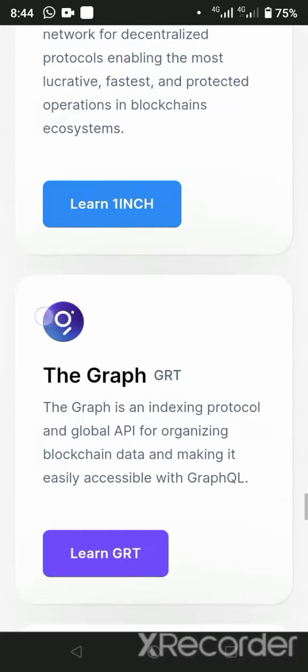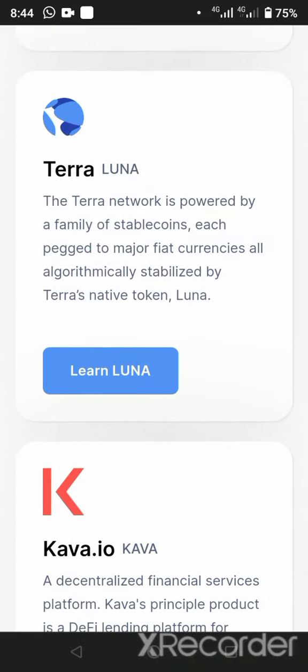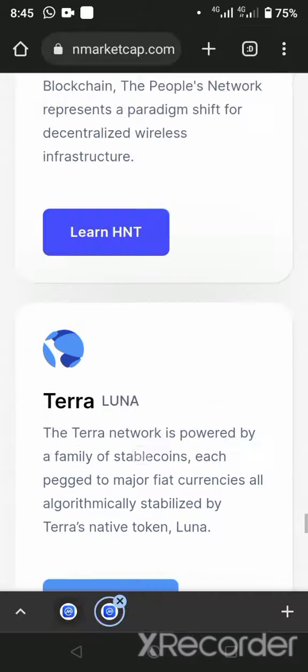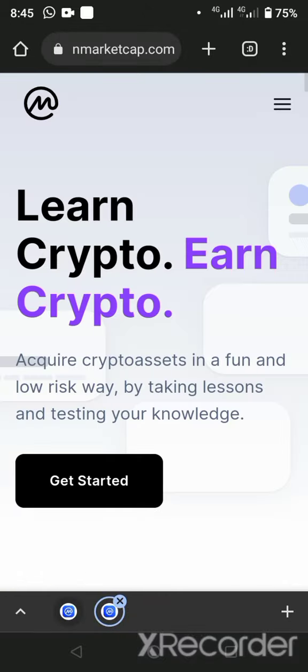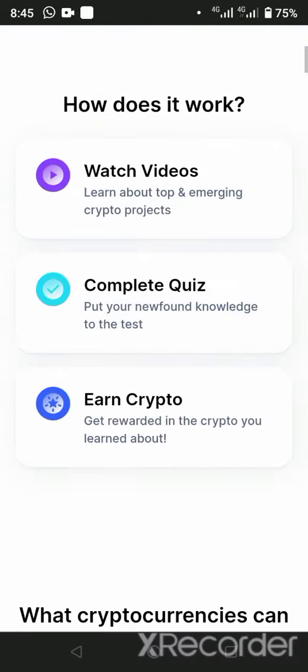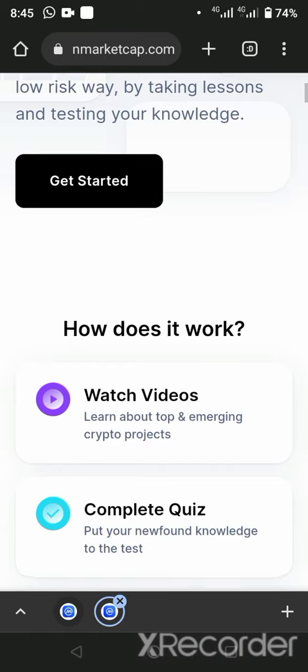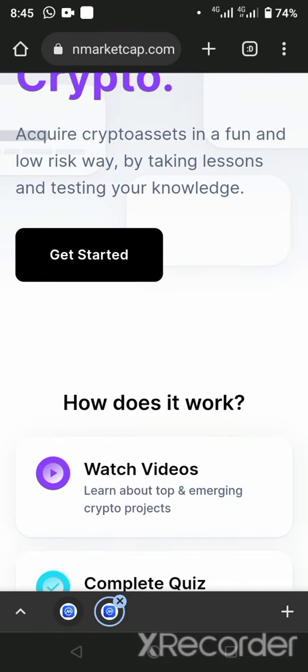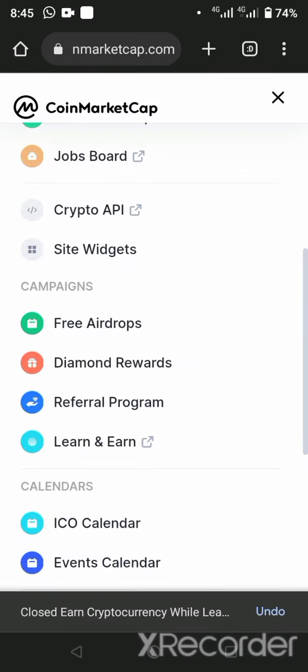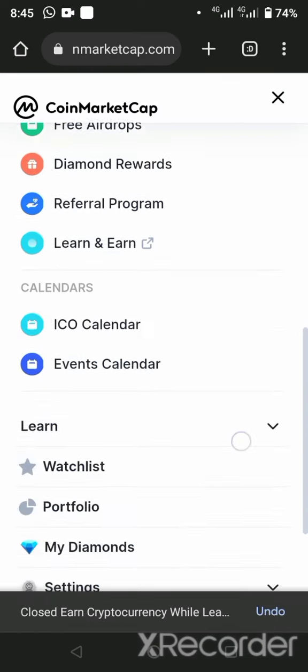Not necessarily only money, but some of them have brought in NFTs, some of them have brought in tokens that they would like to give as a reward or compensation to our students, for those who have gone through these classes. So that is one of the big benefits of CoinMarketCap.